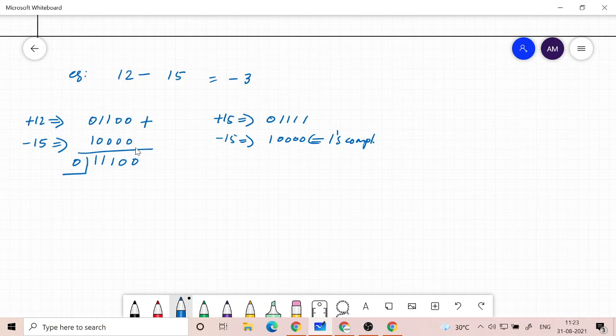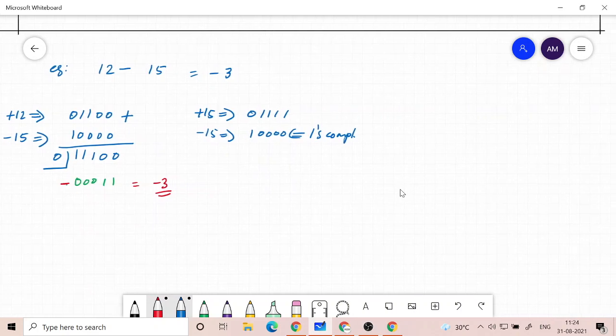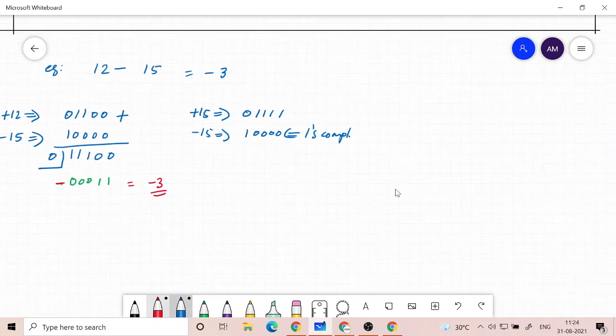Now to check whether the answer is in 1's complement form. So what is the answer? So what you need to do, you have to flip every bit. So to check whether this is the right answer, you have to flip every bit, and yes, that is 3. Okay, and put a sign, which is -3. Okay, same thing you can do with 2's complement. So with that I will stop.